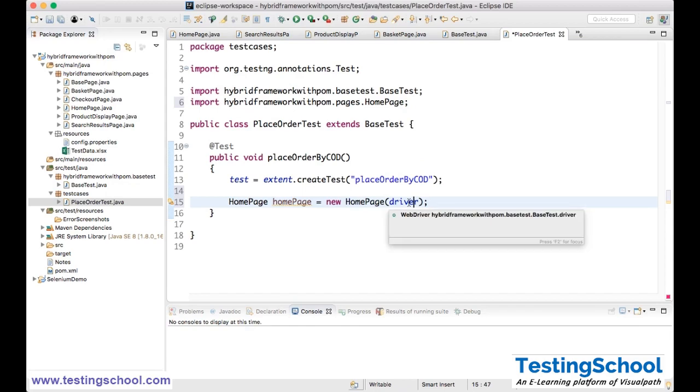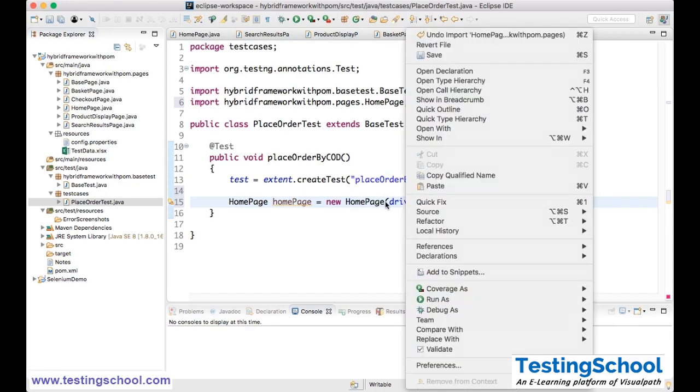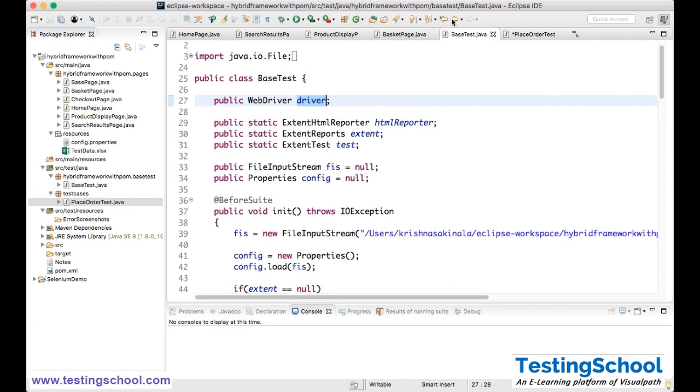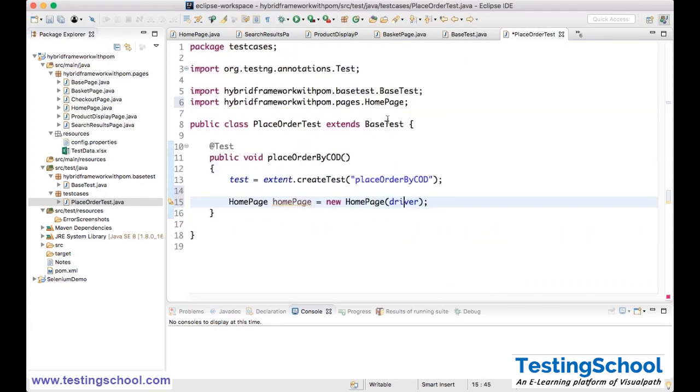So this driver is which driver here? From the base test, you see, from the base test we extended this, right? From the base test we are passing here. From here it will navigate to each and every page. So we are carrying the same instance. So then home page